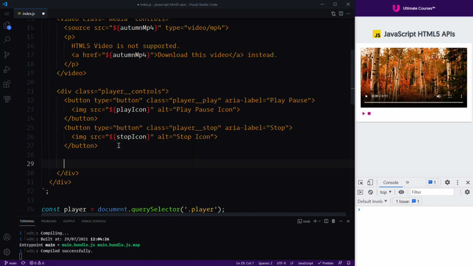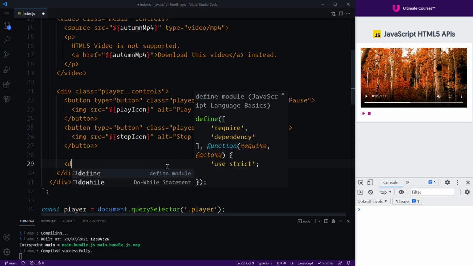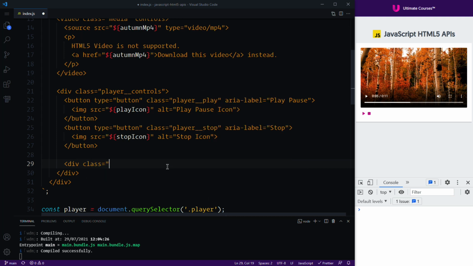So in this lesson, we're going to add a custom timeline. By that I mean this exact bar here. And then we're also going to add the ability to scrub, which means dragging the timeline to a position of our choosing. Now inside of our div of player controls, underneath the button, we're going to create a new div